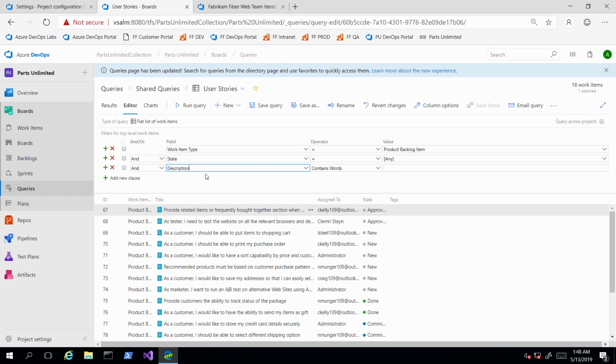Your date operators. There's an at today. And as with your iteration, if I say -7, that will give me all the items that were created in the last 7 days, for example. Okay, so